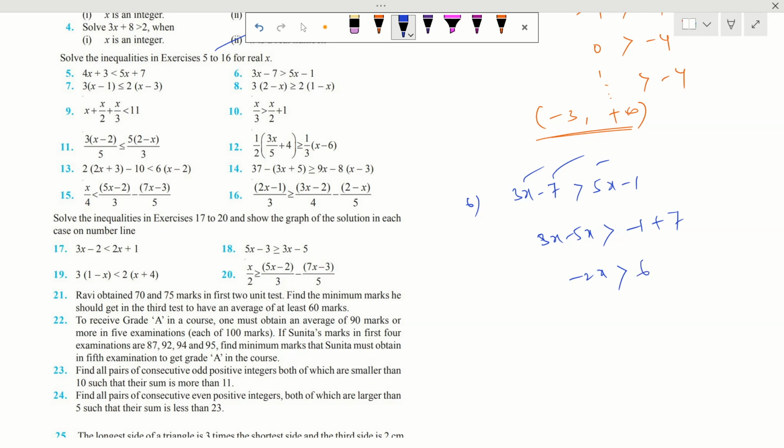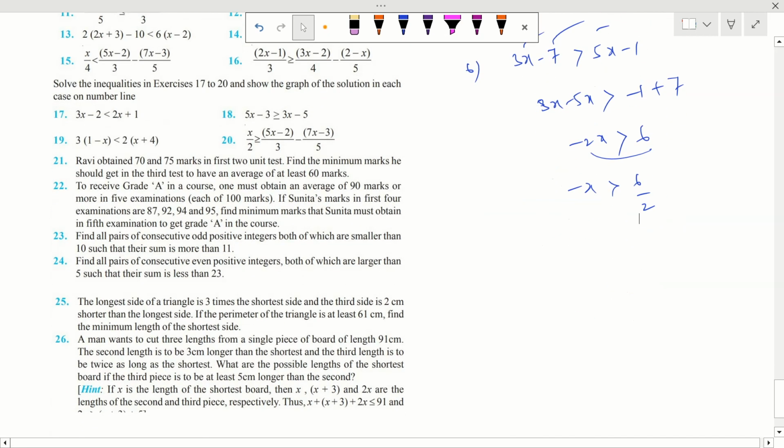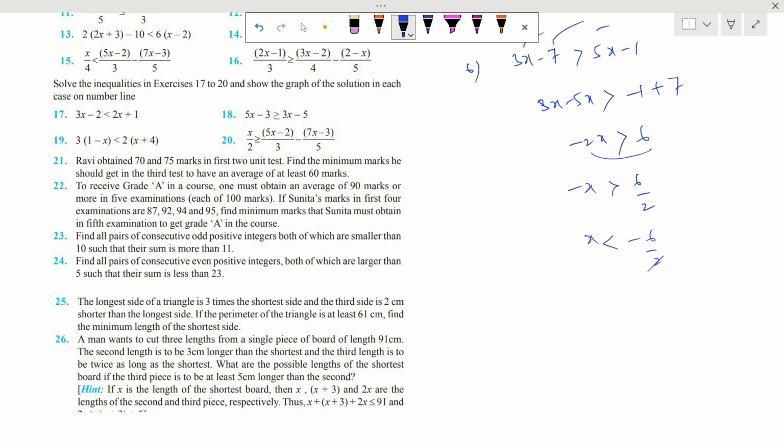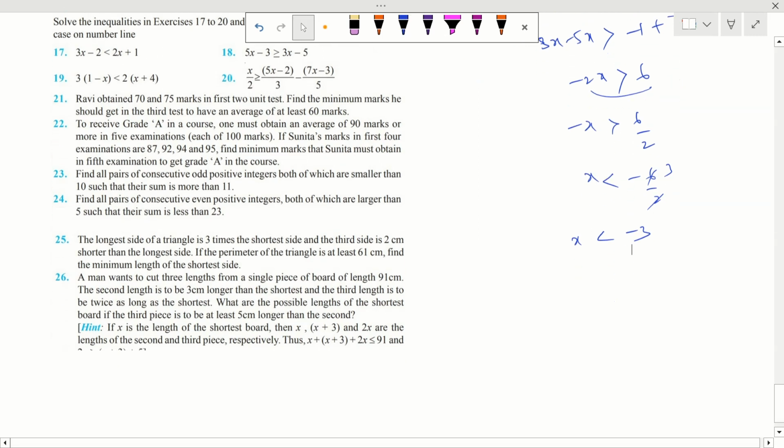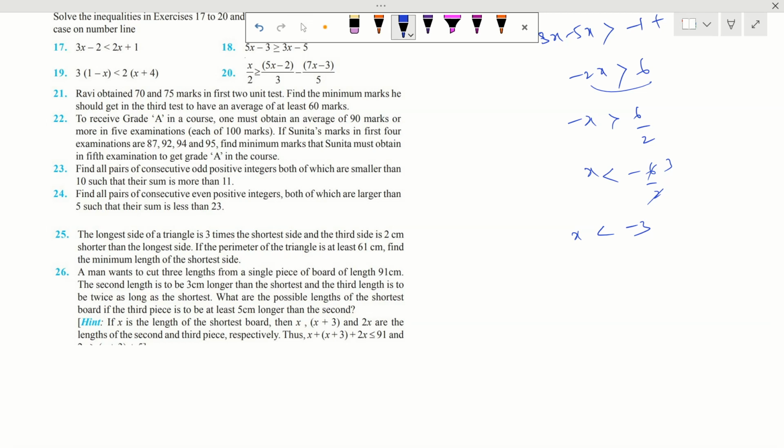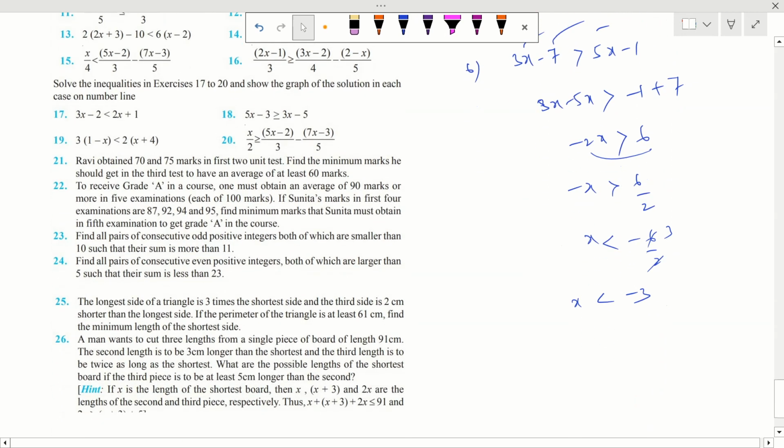And here, the 2, if we take this side, then it will be divided by 2, 6 divided by 2. And since the number is negative, if we take it to this side, the greater symbol becomes less than. Then it is minus 6 by 2, 2 threes are 6, then x is less than minus 3. x is less than minus 3. Okay, x is less than minus 3, and